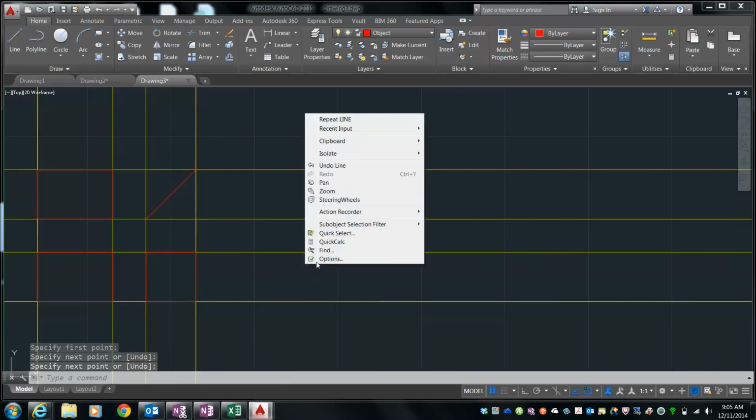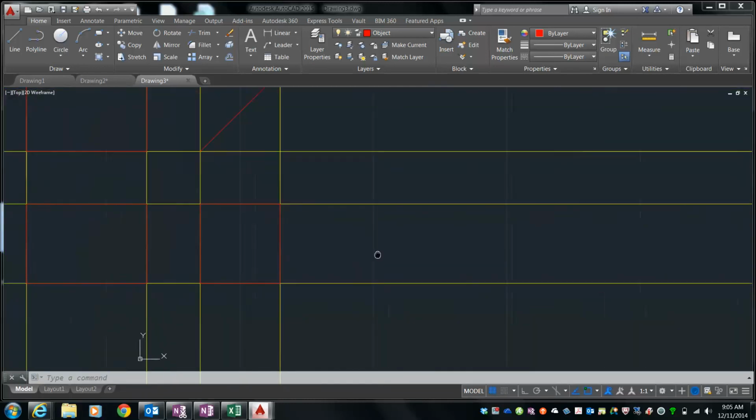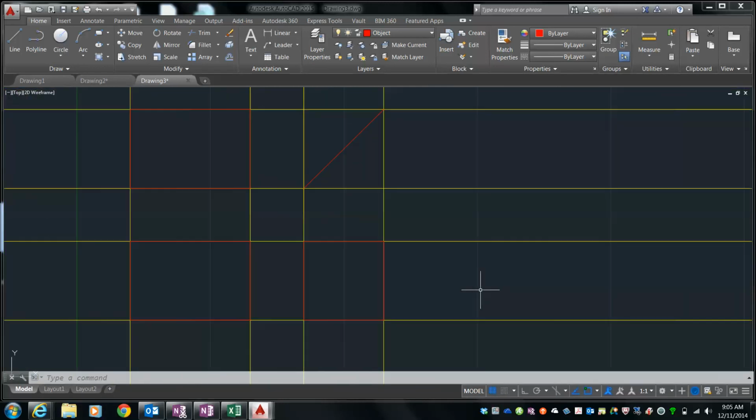Alright, and there I have my basic shape to start drawing with. And I'm going to use my mouse to zoom in so it's a little bigger. Okay, so now I just need to start drawing in